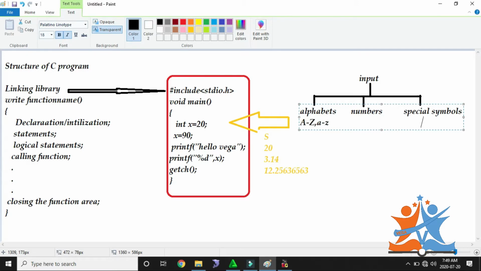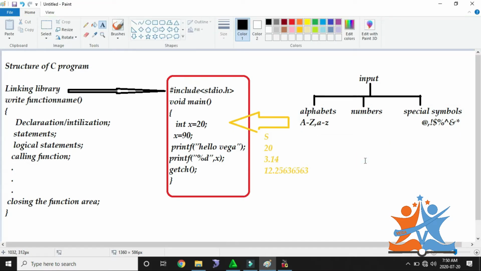And some symbols we can pass, like at the rate, exclamatory, whatever types of special characters you require, you can pass it, not a problem. So these are the types: alphabets, numbers. And in numbers again, I will divide these numbers into two parts.